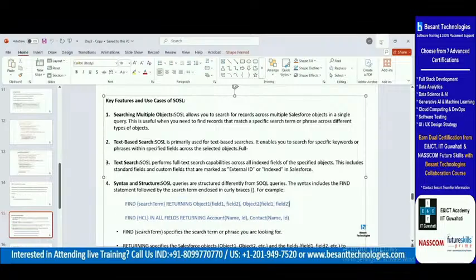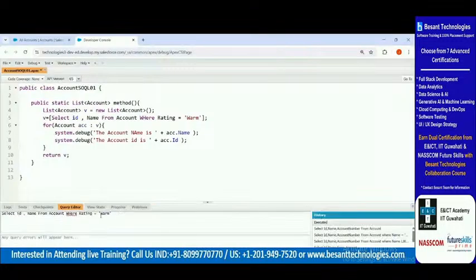So we can go to the query editor. Here we are going to perform the SOSL. How to perform this: I just use the FIND statement with curly brackets. Inside the curly brackets, you have to mention the search name, like HCL or something. I'm just mentioning the search name here,